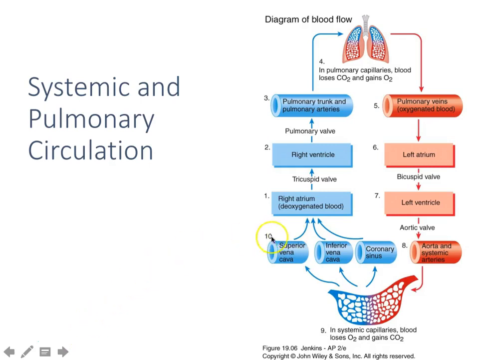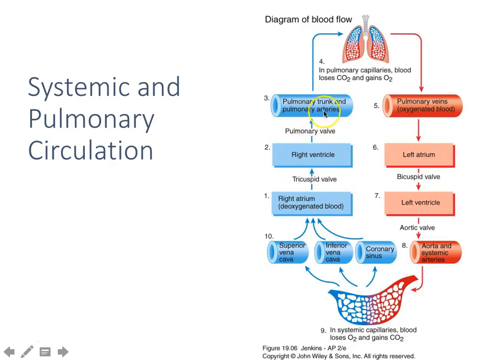Right. And this is just what we talked about as well. So this is just a flow of blood throughout the body. So again, a lot of times we start here in the right atrium. Again, it's deoxygenated. It flows through that tricuspid valve into that right ventricle, through that pulmonary semilunar valve, into the